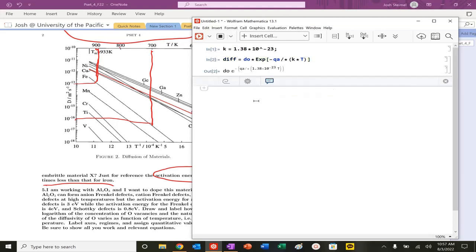So I'm going to solve, because I have two unknowns. I know temperature, I know the diffusivity, but I don't know the qa, I don't know the d naught. So I'm going to solve that. Basically, I'm going to say diff 900 equals diff slash dot, and I'm going to say that